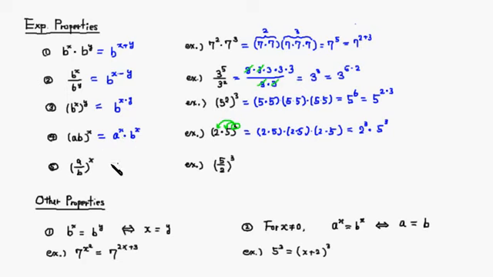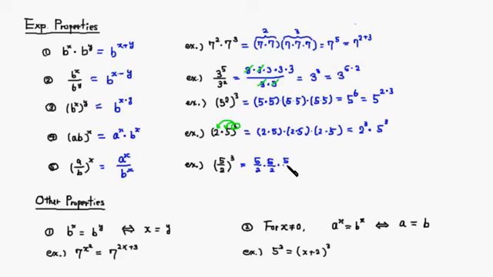All right, so number 5, a divided by b raised to the x is, again, we can distribute x to the top and bottom. So you have a to the x over b to the x. Let's look at an example. 5 over 2 raised to the third power is the same thing as 5 halves times 5 halves